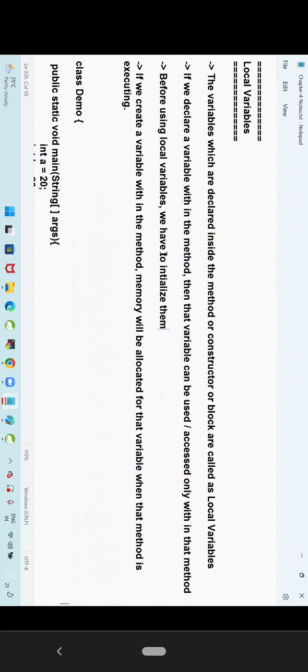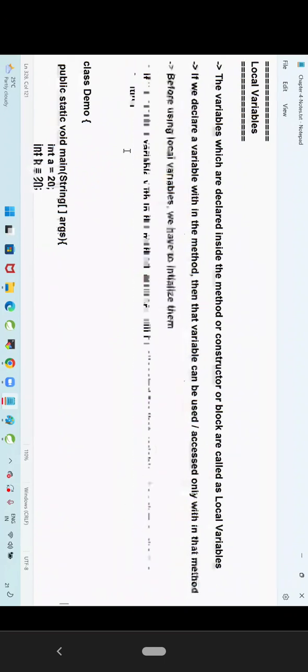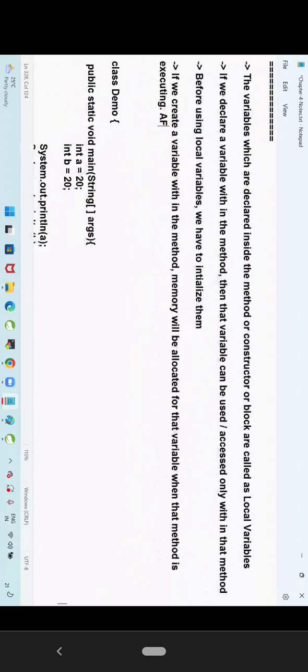Otherwise, we can't access. If we create a variable within the method, memory will be allocated for that variable when that method is executing. After that method execution is completed,